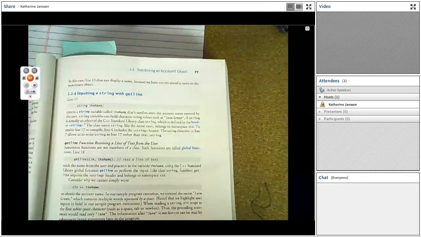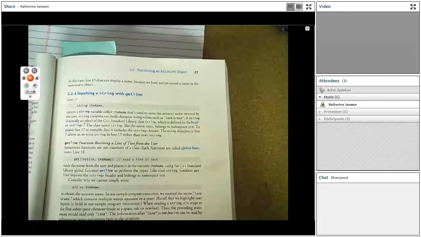Line 17, string the name. Create a string variable named the name. Remember, upper lowercase variable name that's used to store the account name entered by the user. String variables can hold character strings, values such as Jane, space, Green, upper lowercase and space within the quotes are